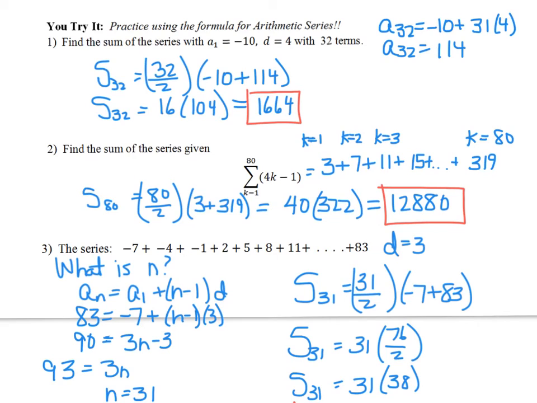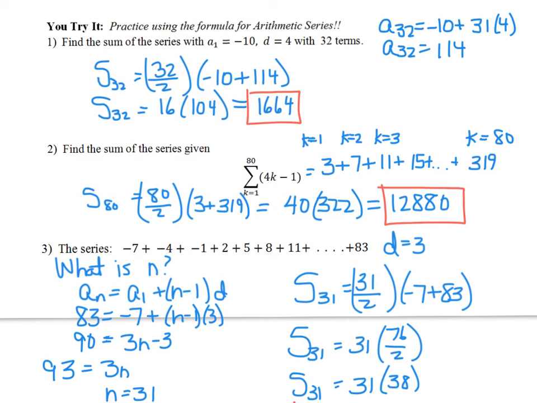Welcome back. Did you get a good feel for using your new formula for an arithmetic series? In example number 1, we had to first of all find the 32nd term. So I used the formula a_n equals a_1 plus n minus 1 times d. So a_32 turned out to be 114. Then I plugged all of those numbers into my sum formula: n divided by 2, 32 divided by 2 is 16. I added the first term and the last term, the last term that I just found. So 16 times 104 gave me a total of